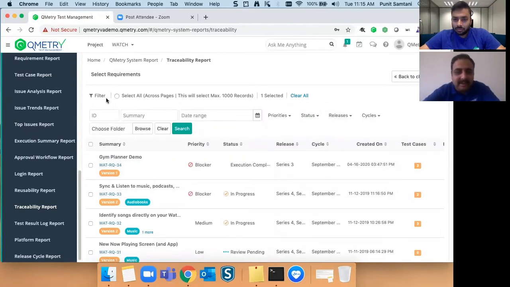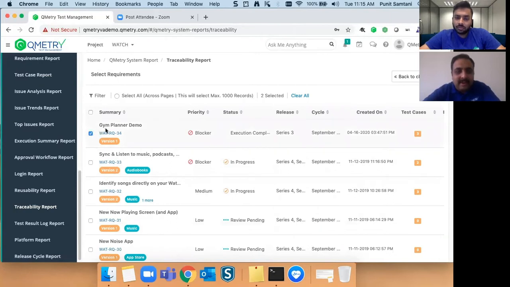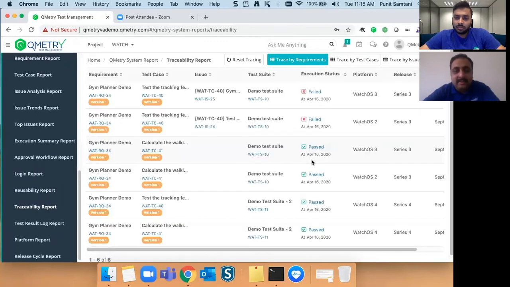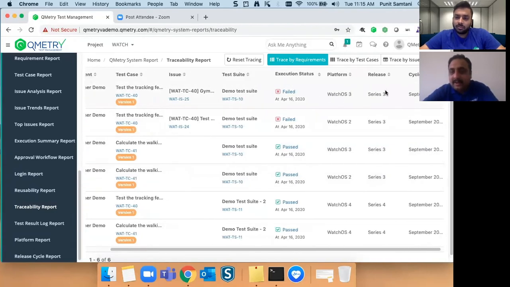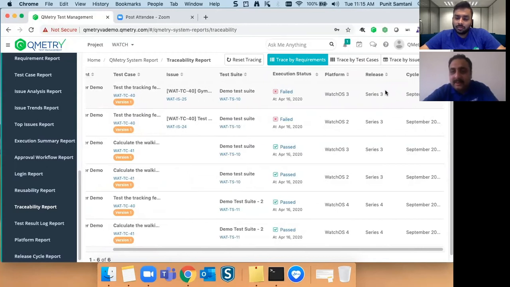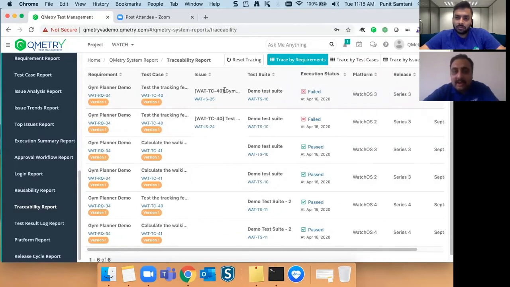like releases and cycle. We'll take a quick example of one of the requirements and try to generate a traceability report for it. The traceability report gives me a clear idea of which test cases my requirement was linked to, which test suites it was executed in, what the execution status of these test cases is, against which platform, release and cycle these test cases were executed, and if there are any open bugs, you can see that in the